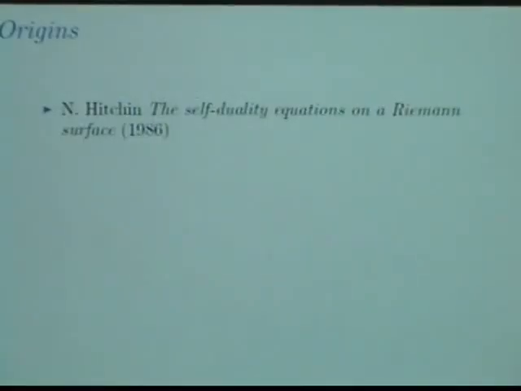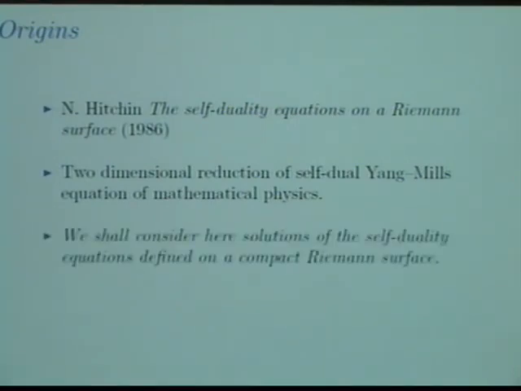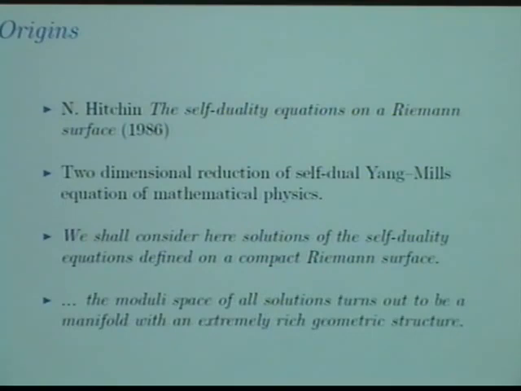So, the beginning of the story I'm going to talk about goes back to Hitchin's paper in 1986 called The Self-Duality Equations on a Riemann Surface. He studied a two-dimensional reduction of self-dual Yang-Mills equations of mathematical physics. And a quote from his article: "We shall consider here solutions of self-duality equations defined on a compact Riemann surface, which I'll call sigma, the surface." And he says at some point, the moduli space